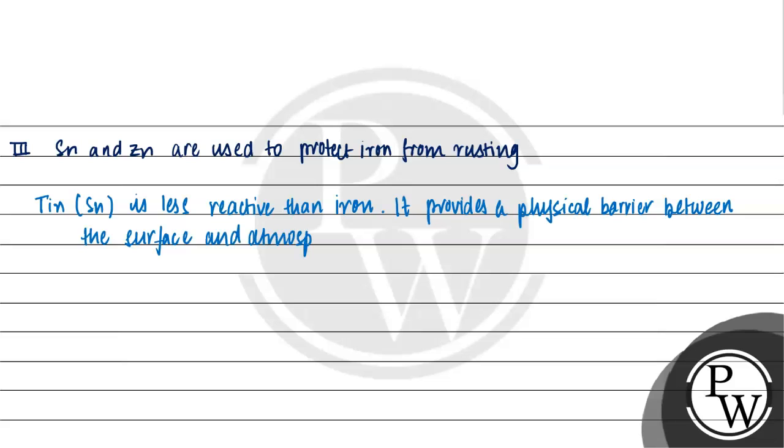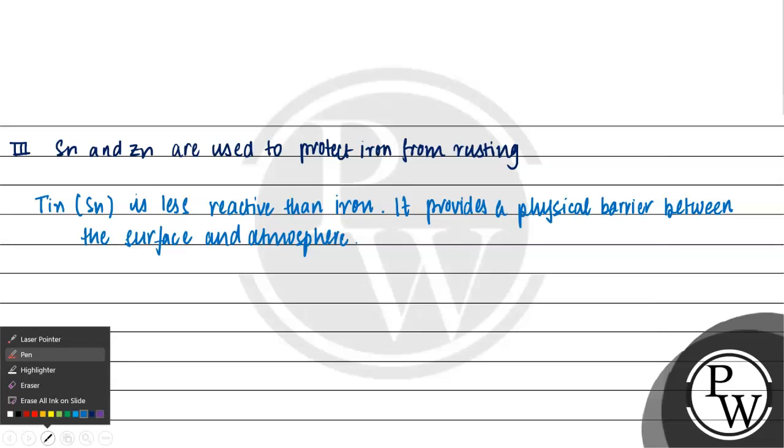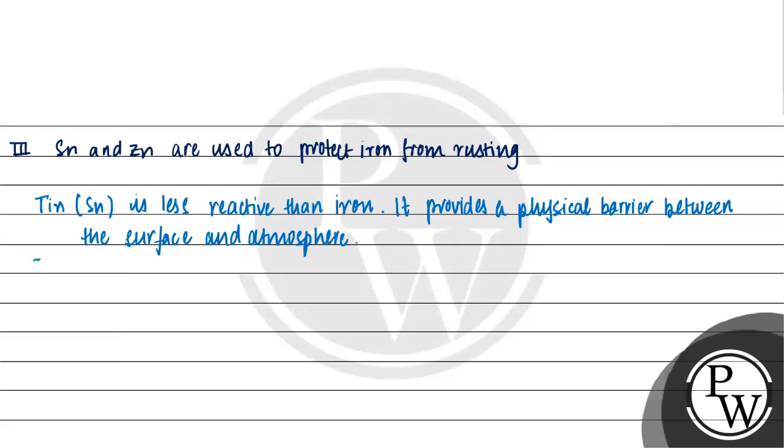And if we talk about zinc, zinc is coated onto the iron to prevent rusting